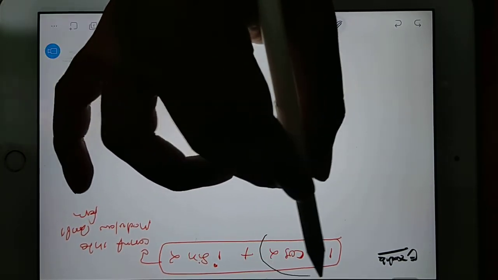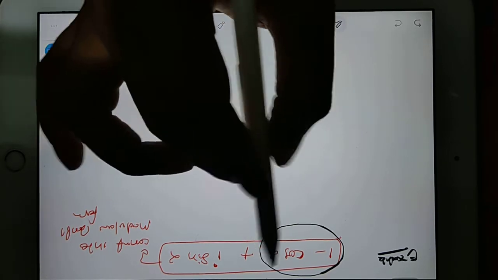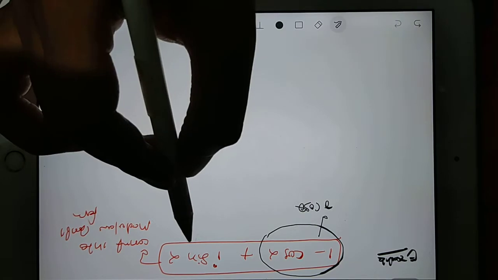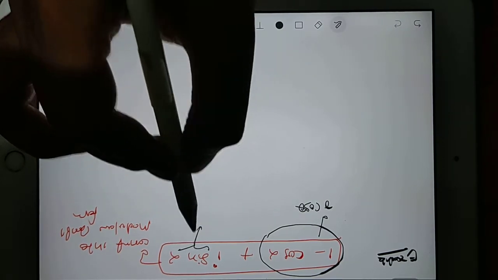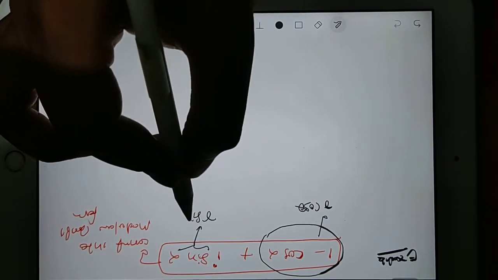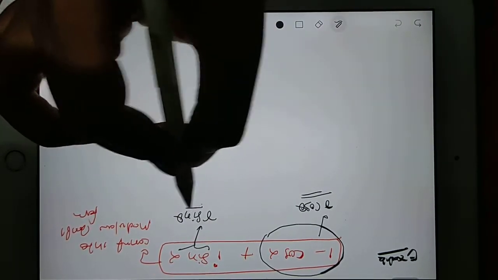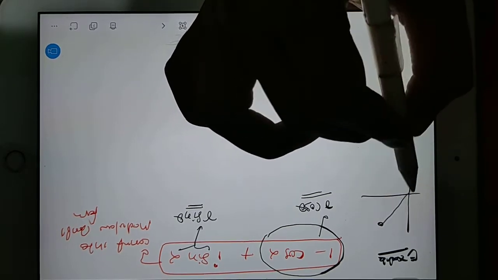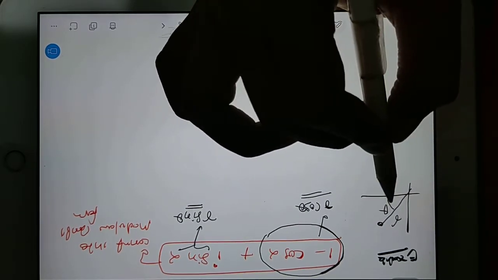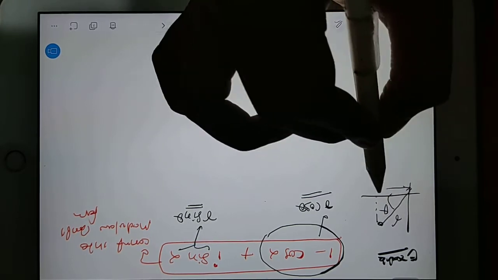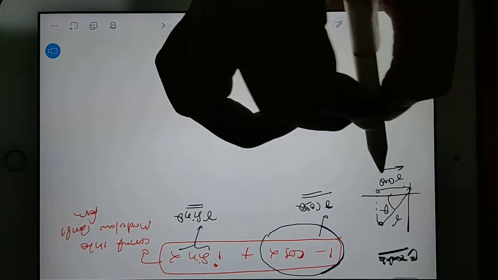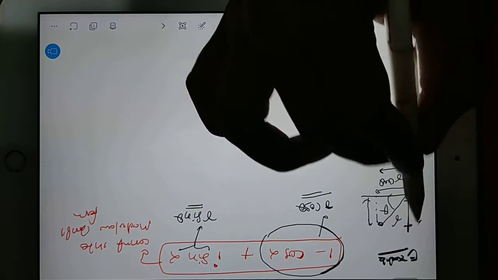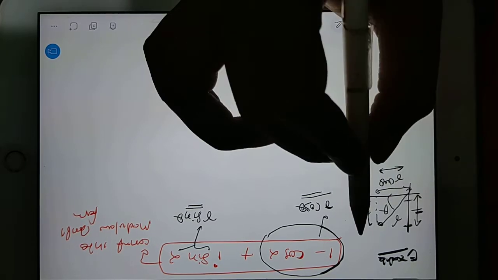Whatever is given in this part is your real part, and the real part is nothing but r cos theta, right? In the same way, whatever is given here is your imaginary part. It means this is the value of r sin theta. What is r cos theta? What is r sin theta? Already we have discussed. If any point is on the Argand plane, then the location of the point from the origin is r and the angle is theta, right? So when r gives a component on the x-axis, it becomes r cos theta, which is real. And when r gives a component on the y-axis, it is the same on this side also. So that is r sin theta.